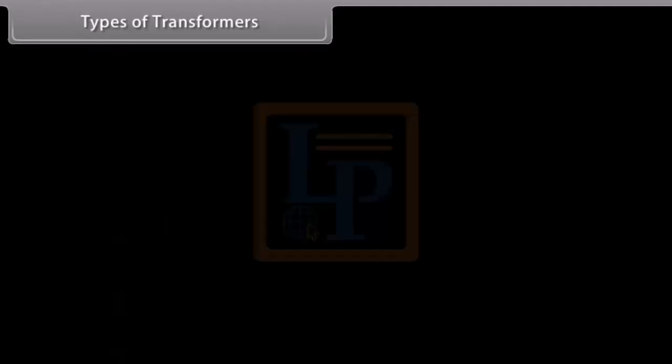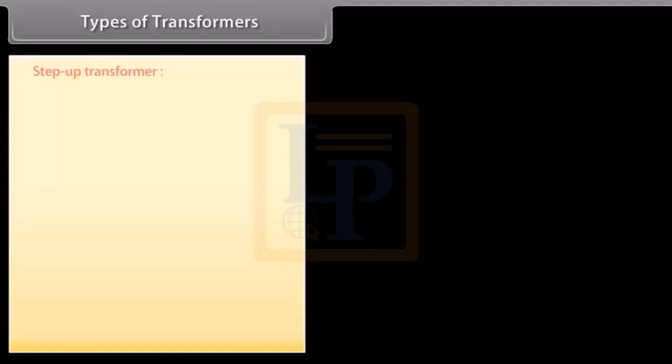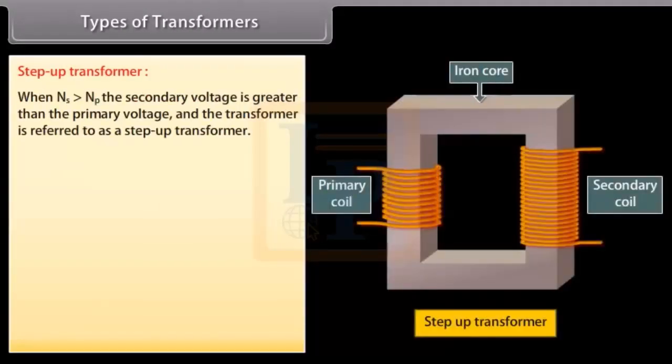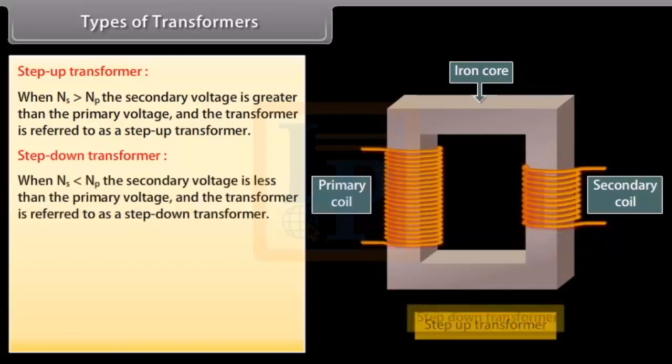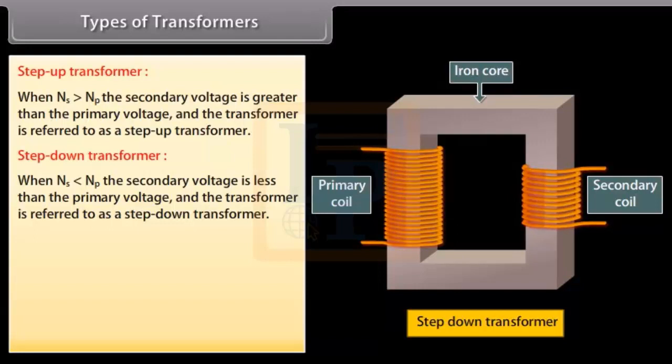Types of transformers. Transformers are of the following two types. Step-up transformer. When the secondary voltage is greater than the primary voltage, the transformer is referred to as a step-up transformer. Step-down transformer. When the secondary voltage is less than the primary voltage, the transformer is referred to as a step-down